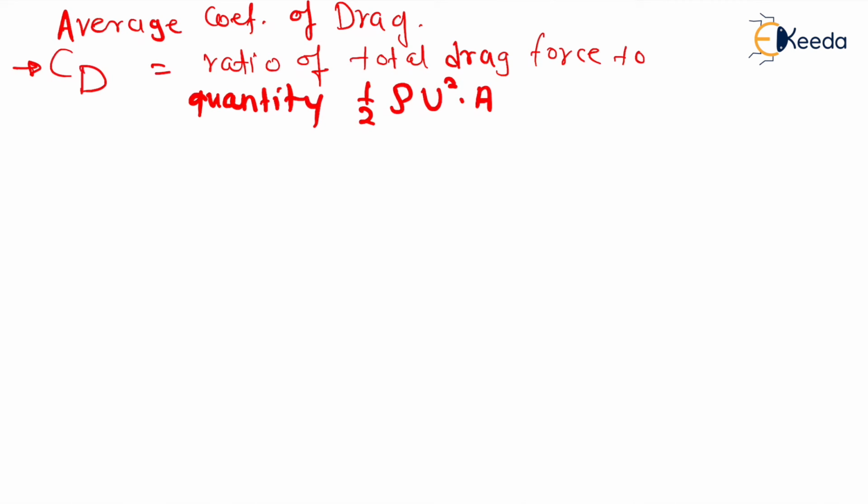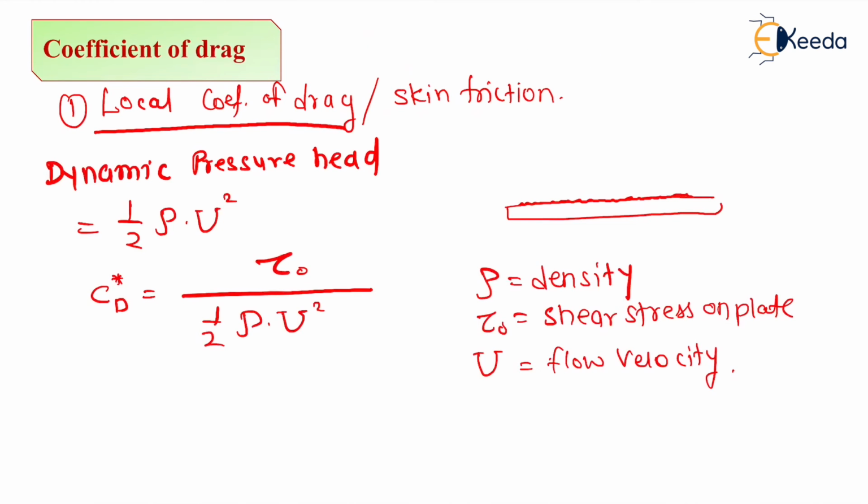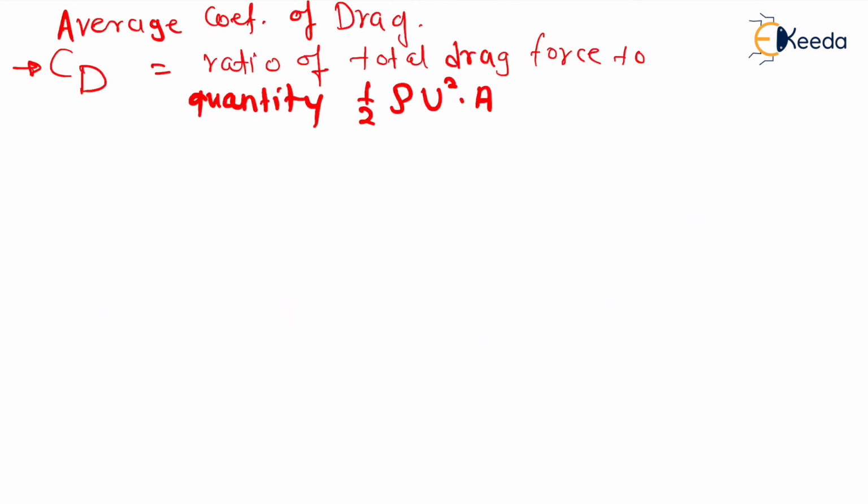Now I am talking about the ratio of forces, not the ratio of stresses. Initially this was the ratio of stresses. This is also stress, this is also stress. Pressure and stress are equivalent quantities. So this is also one form of stress and this is also stress. Now I am talking about the actual forces which act in reality. So the quantity 1/2 rho u square is the pressure part, multiplied by this area, the area under contact.